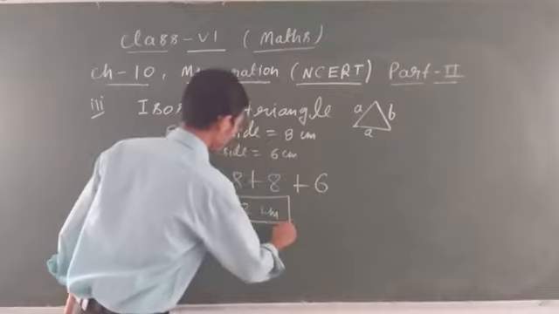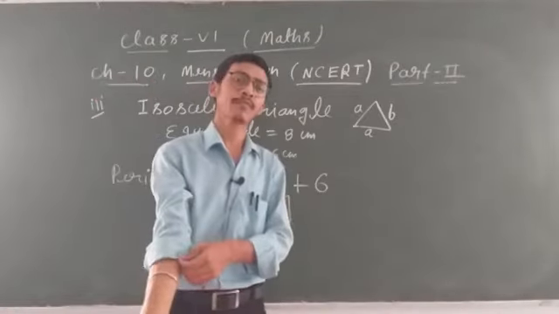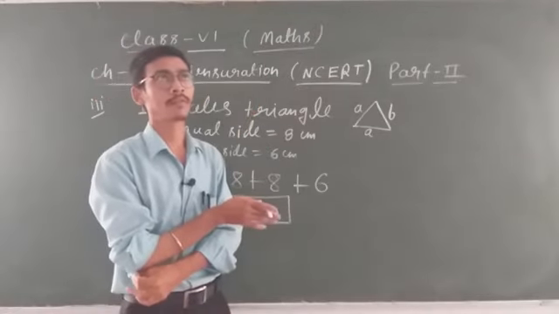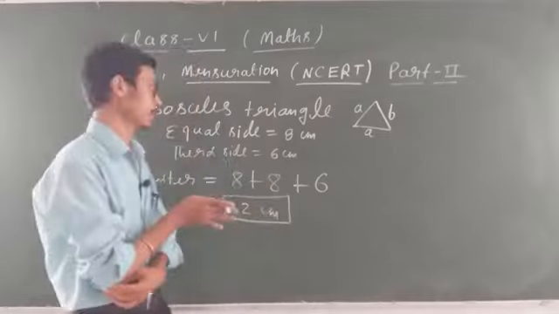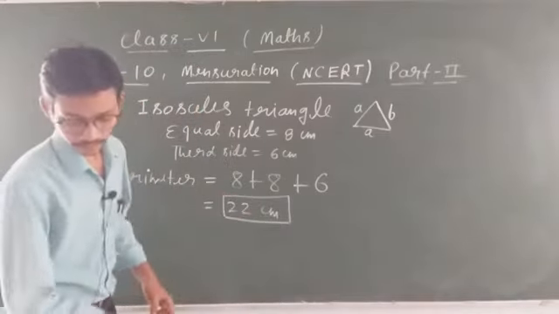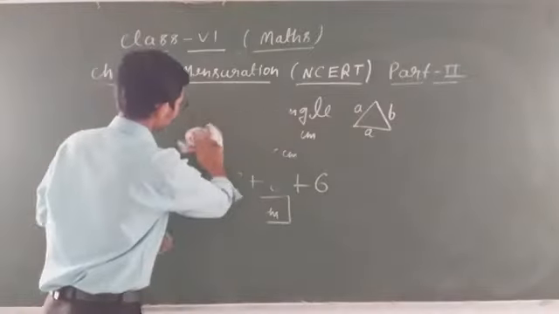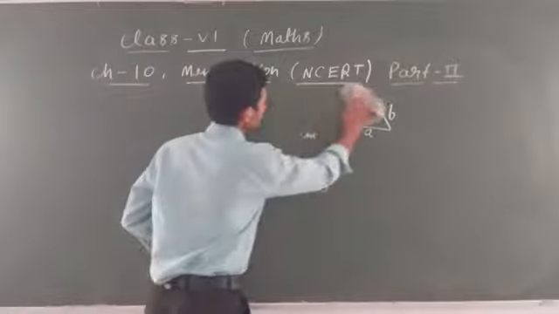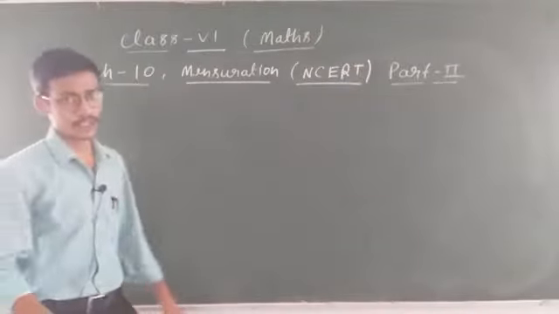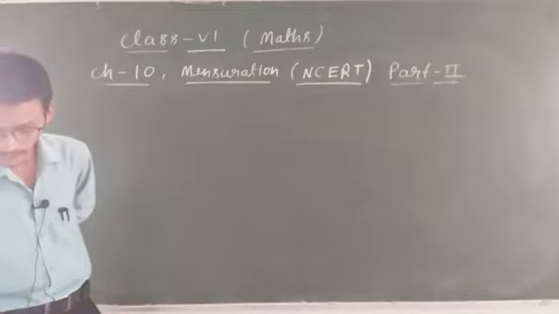Okay, so this is your solution. Always remember, student, this is the property I think you studied in class 5th also, isosceles triangle, and I also discussed it in the 4th or 5th chapter of NCERT. So this is the perimeter of an isosceles triangle. Clear student? So according to this way you have to solve the question. If the value is changed, the concept should be in your mind. What is the concept? In an isosceles triangle, two sides are of equal length. Clear student? Now come to the next question.